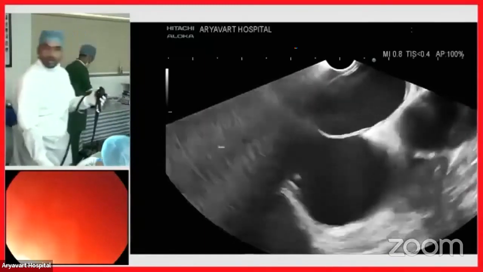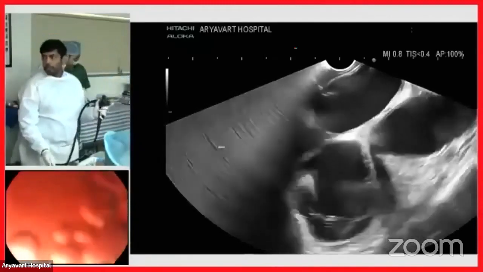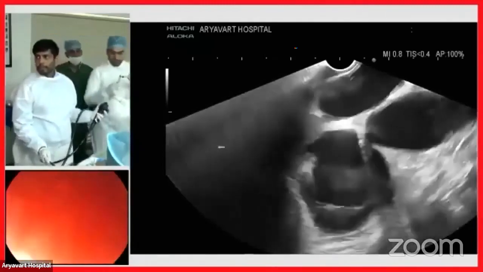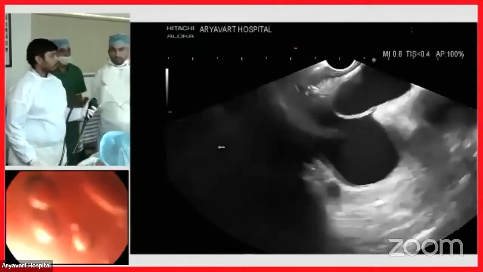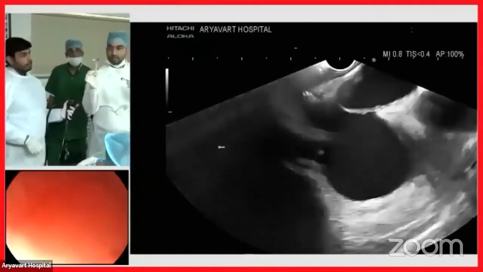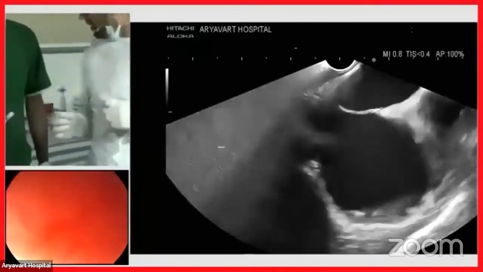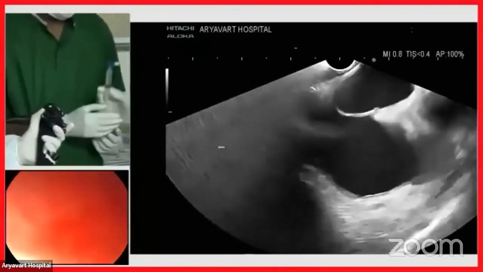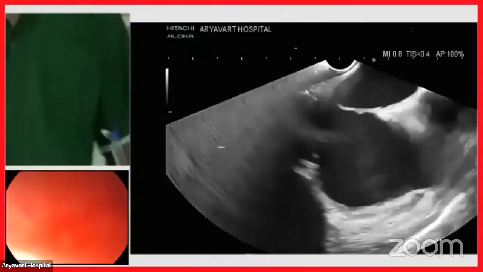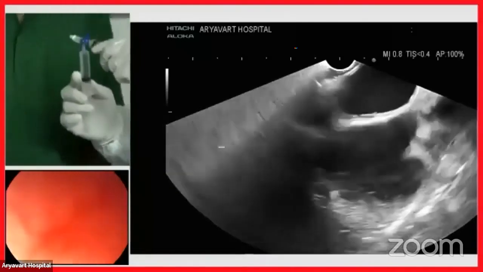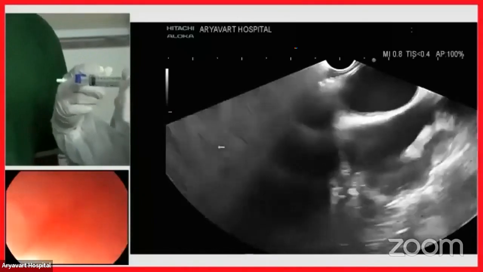So should we get to the agitated saline now? Yeah. So I'll show how to make that agitated saline. Sudhanshu very kindly is ready to hold the scope for me. So we've taken about 10 ml of saline, and can you see this? Can you please focus on this? I'll keep it here. We'll use a dark background. So this is 10 ml of saline. Again, 1 ml of air on a 3-way. We inject the air and we just,